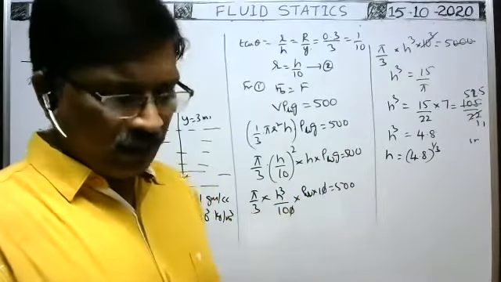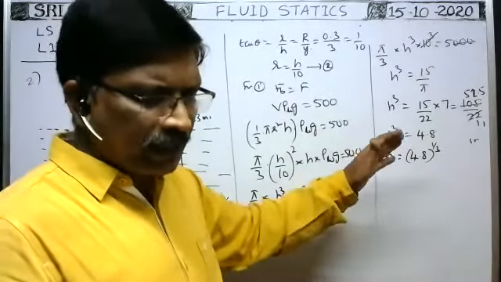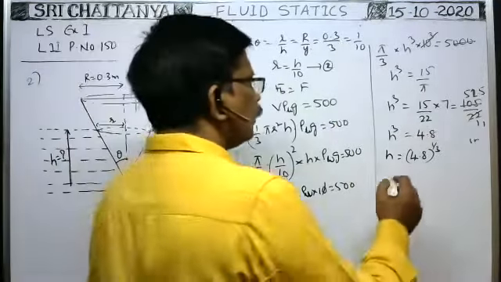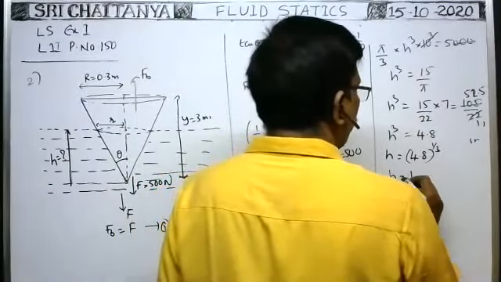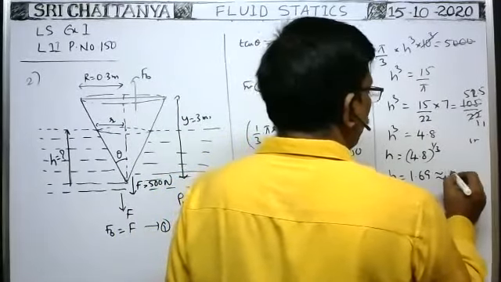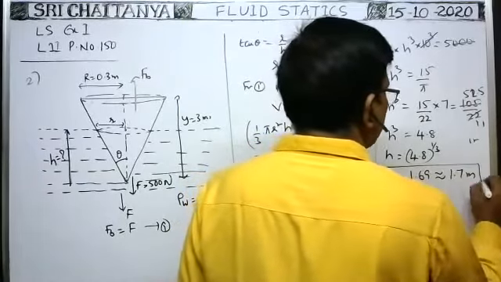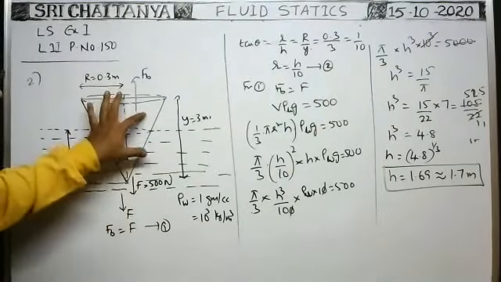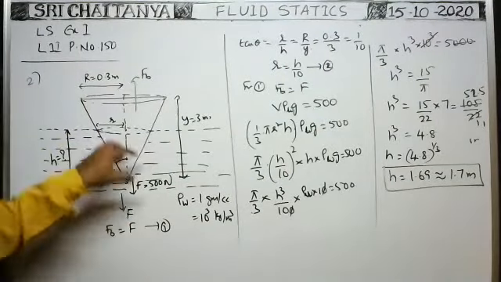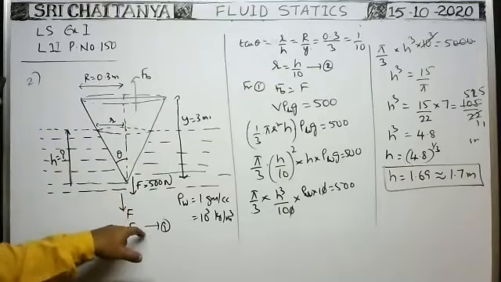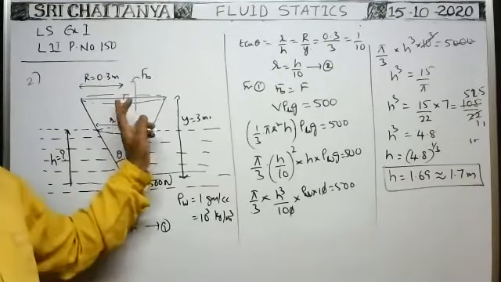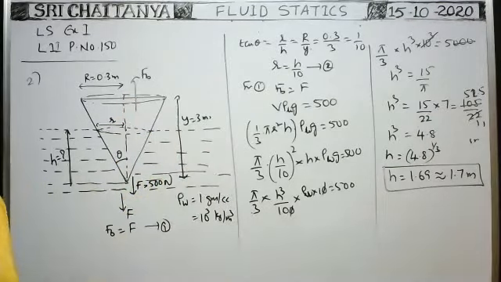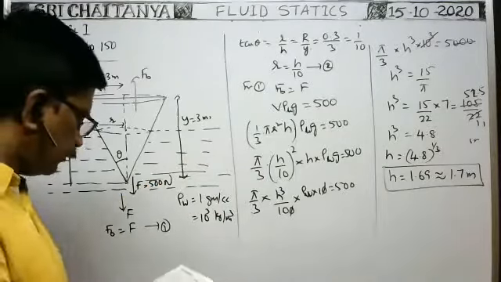What is the answer? If you simplify them, you will get I think 1.69. 1.69 means 1.7 you will get. That is nearly equal to 1.7 meter. That is the answer. Suppose the mass of the cone is taken into account, if the mass of the cone is mentioned, then plus mg we have to write, because total downward force acting on the cone is equal to F plus mg. But a light cone is given. Light means the mass of the cone can be neglected, ignored. Okay, right. This is the answer for this problem.